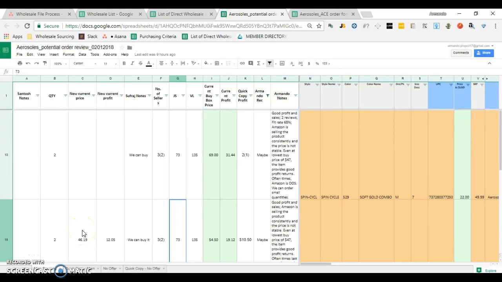Everyone. So today I will discuss how to do an Amazon test. After Suffrage and Santosh reviewed the potential order review sheet, we can see that there is already quantity put in every item that we like. So we can now proceed to create